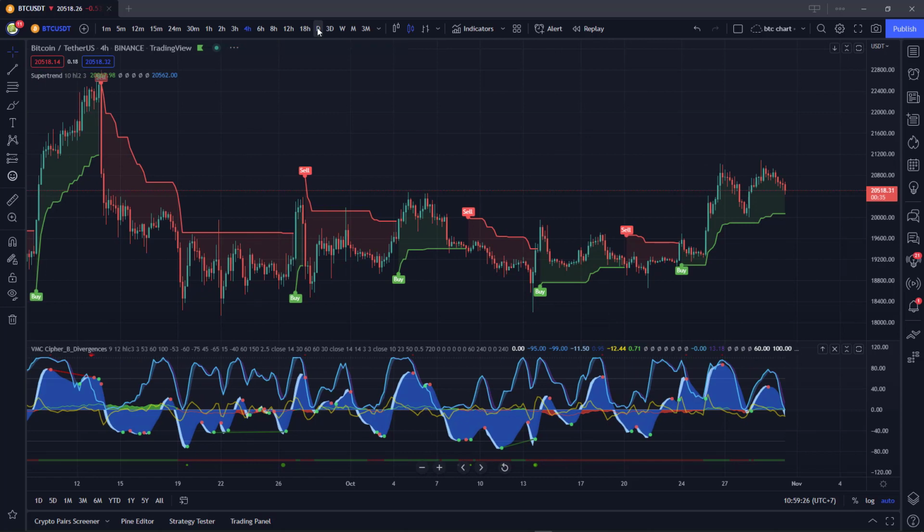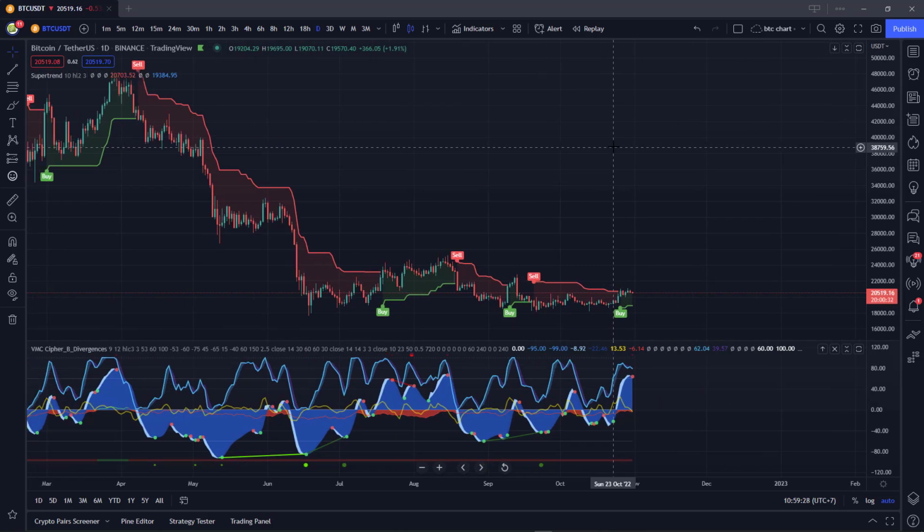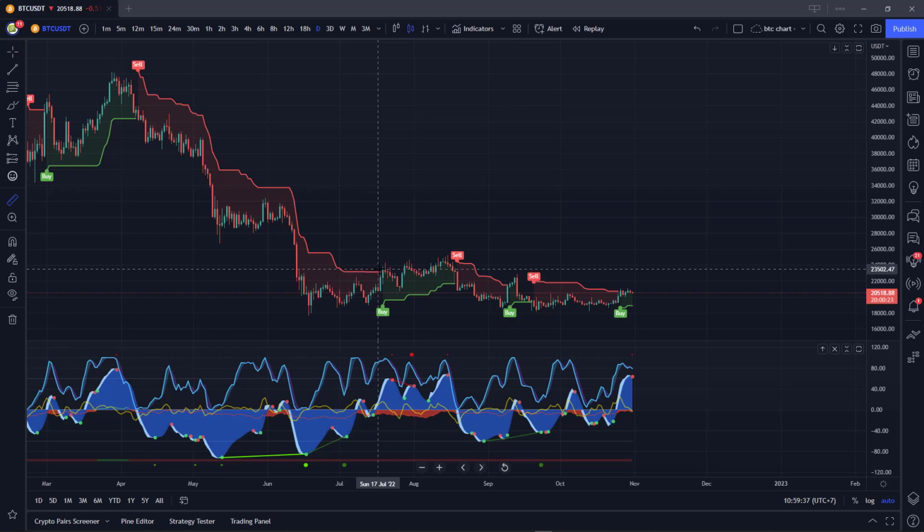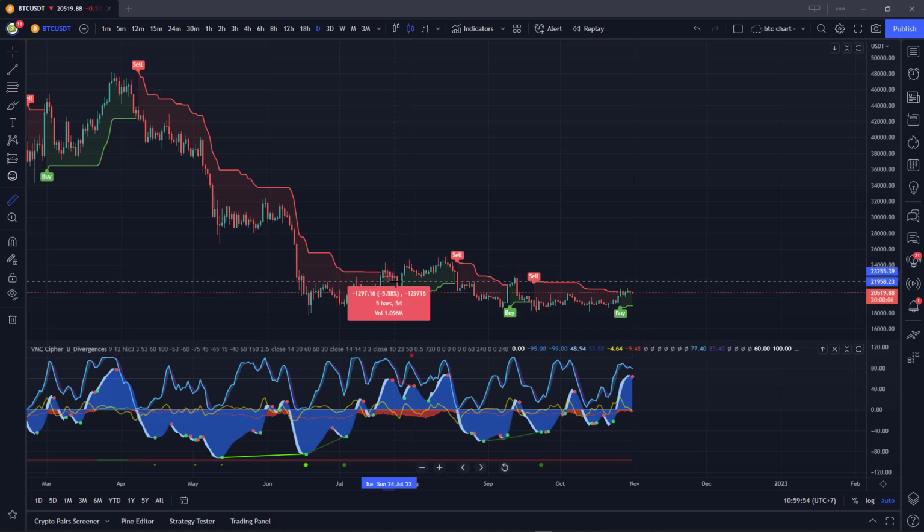Let's have a look now, last one, at the 1 day, and let's find out what kind of result we would have got from that. So, as you can see, look here, this buy signal here wouldn't have been printed until after this green candle here got just above that red line there. The trend broke. Alright, and then that would have dumped straight away 10%. Not good with leverage. Well, I wouldn't be doing that with leverage. However, it then does go back up